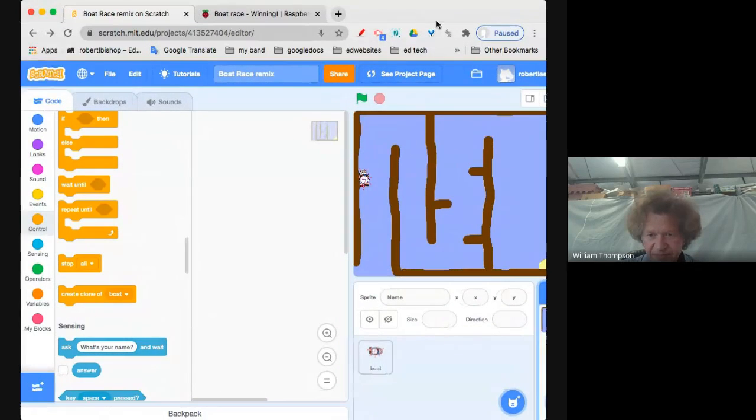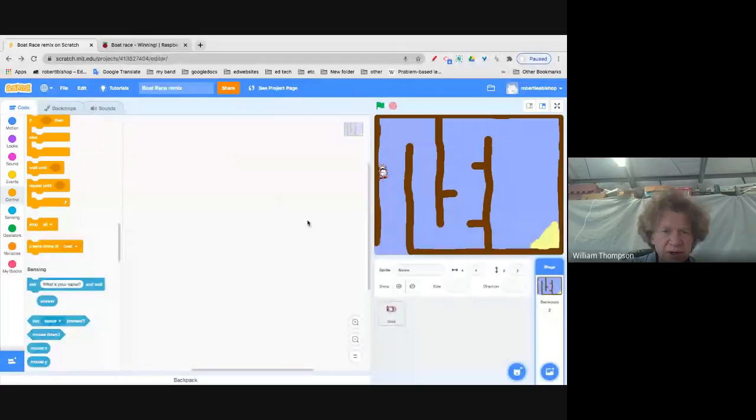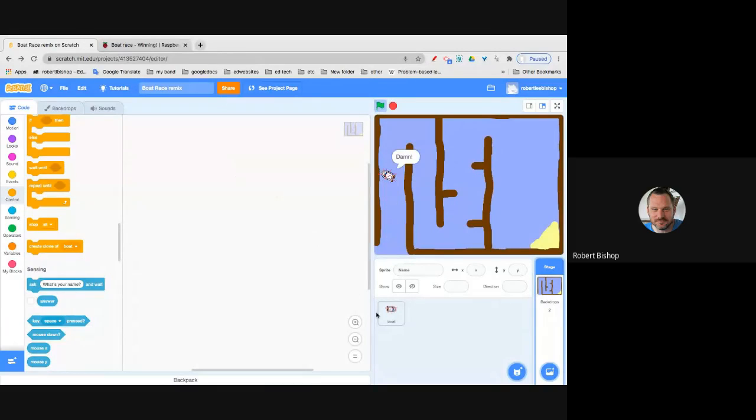Here, I got to make your code bigger so I can see it. I got to go to full screen. Oh no, I don't want to change layout. Can you see it? Yeah, I just have to make it bigger. Mine says that I'm sharing with everyone, but I can't see it. Right, I don't see your code right now on the screen. Oh yeah, let me click on the boat.